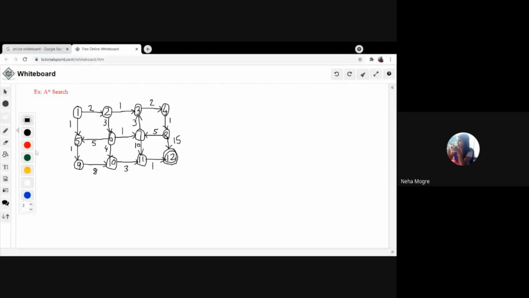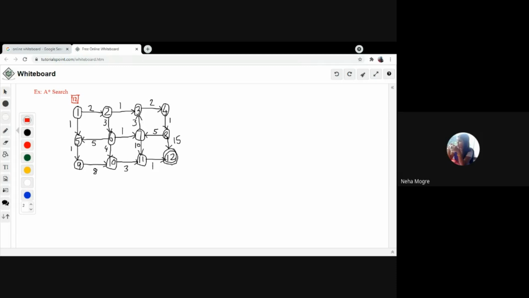Now here in A star, we have a heuristic value available for each and every node. This heuristic value defines, like here on node 1, a heuristic value of 12. Random values I have chosen.